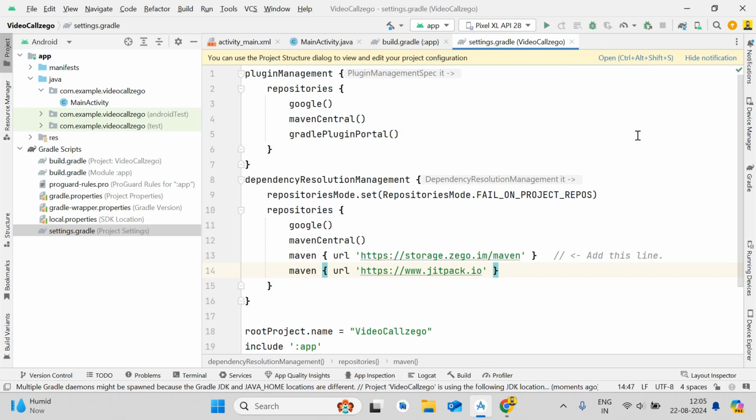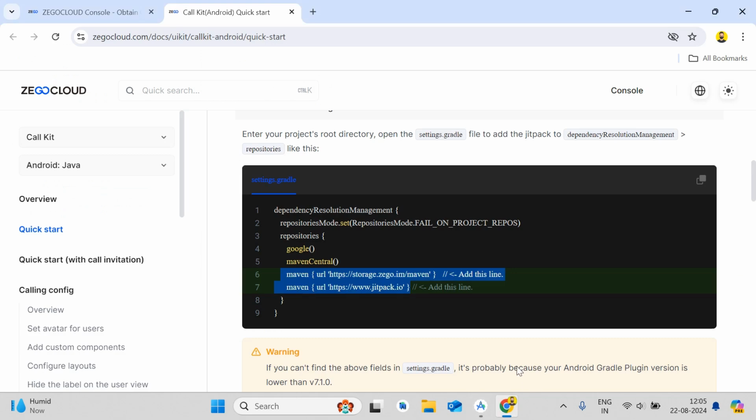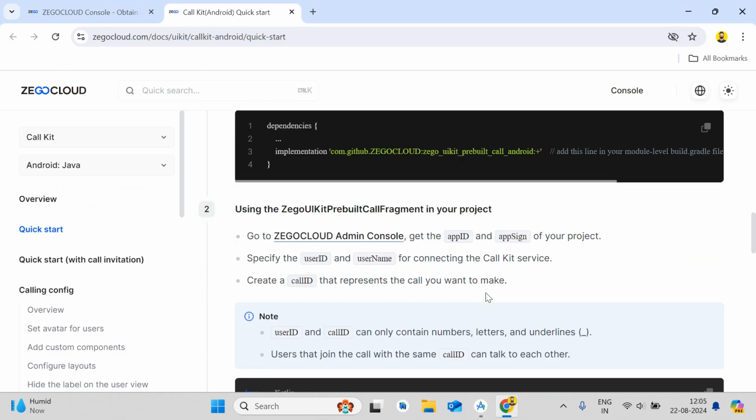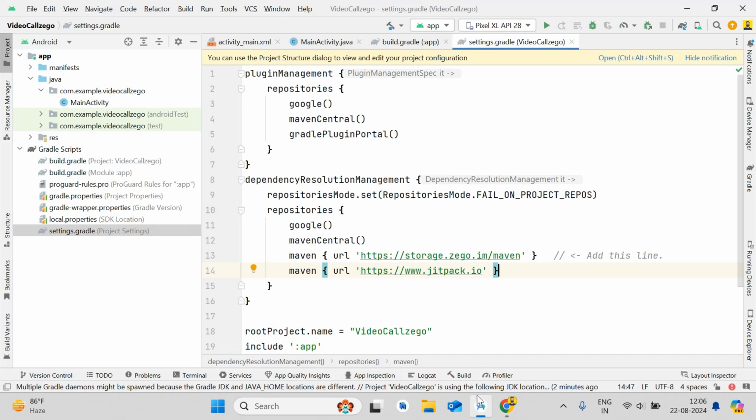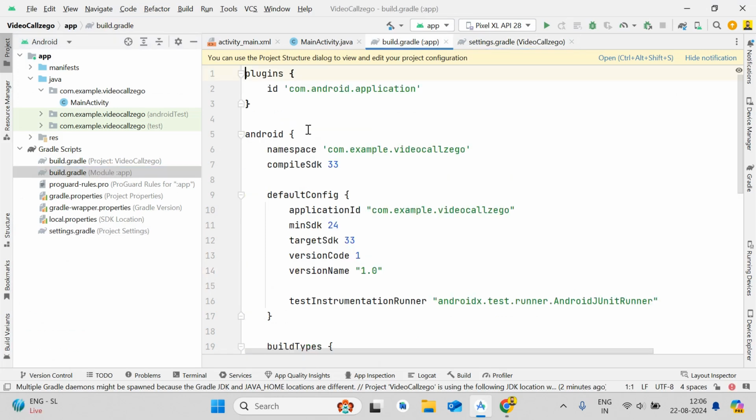Okay, so we can proceed. So now you can see that sync is successful and we have not received any error till now. So you have to simply go back to the console, and after the successful sync, you have to add a dependency which is here. So you have to simply copy it, Control plus C, go back in your Android Studio, open your module level